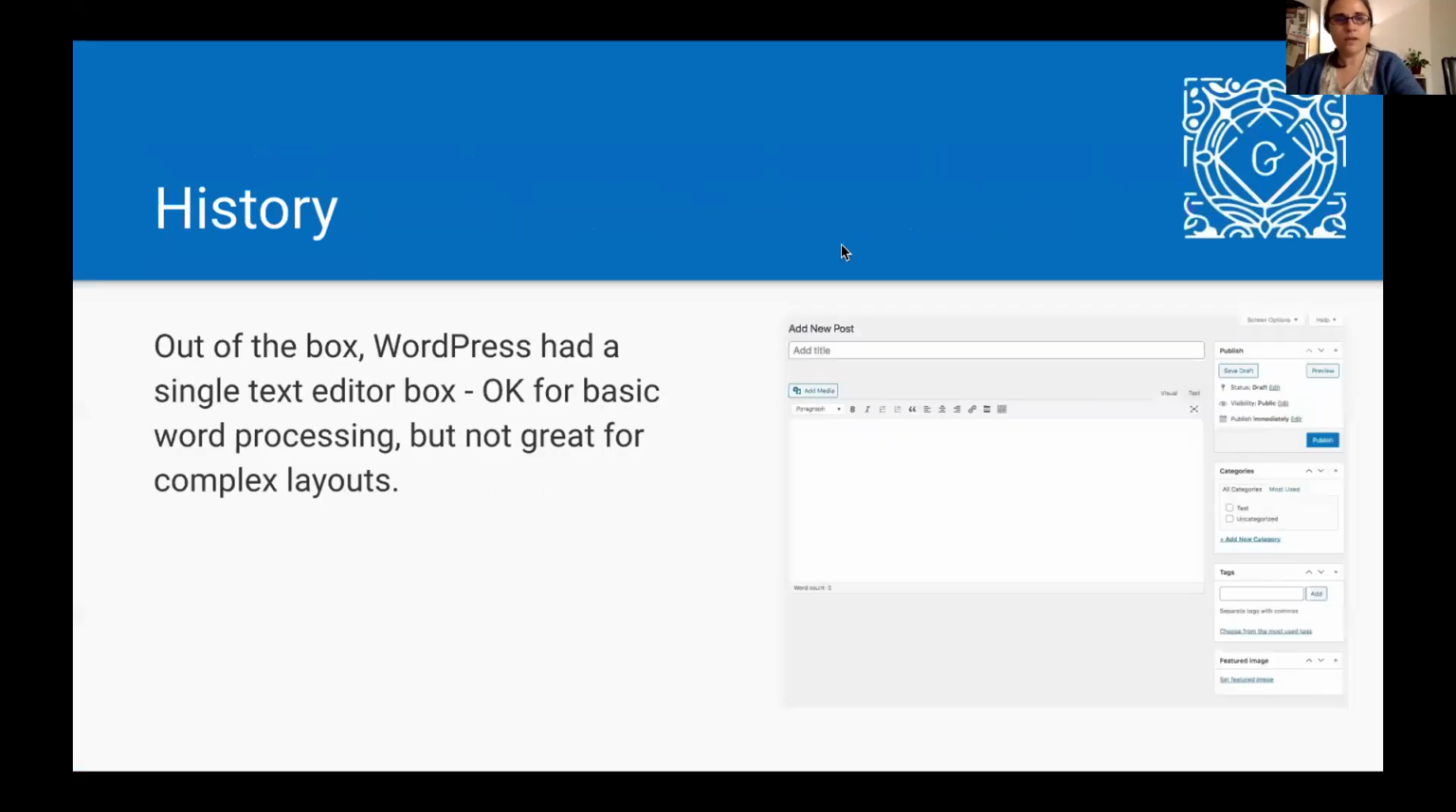So a little bit of history. Why we're even having a conversation about this is in the past we just had one text box, which was fine for kind of basic word processing. But as soon as you added a few images in there and had more complex layouts, it kind of got a bit of a nightmare. And so